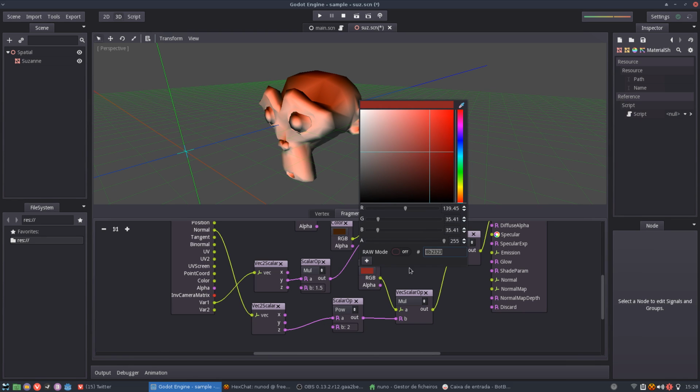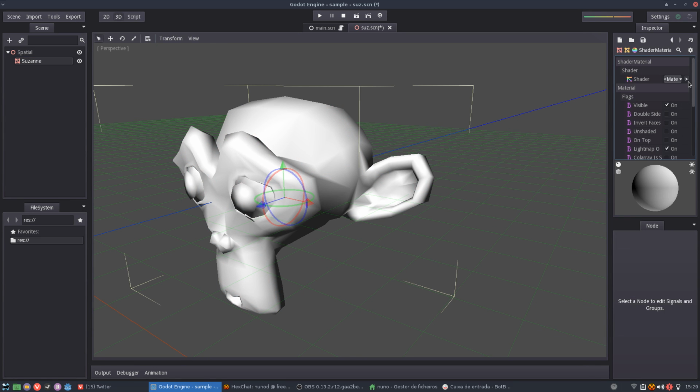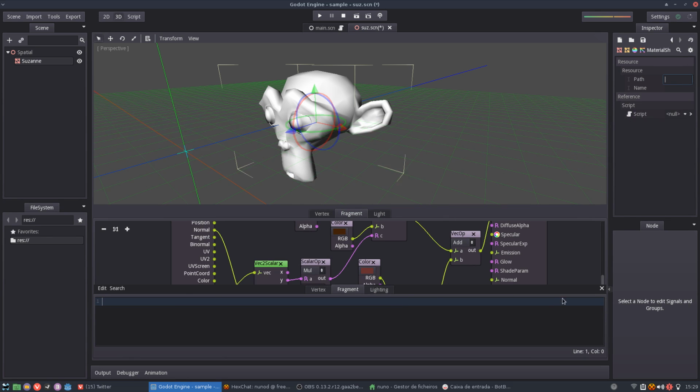And now this is the add operation. So if I add more whitish color, I get more light in. If I put black, there's nothing being added. Okay, so let's make something like, okay, this is nice. Whoops, there goes my shader. Okay,